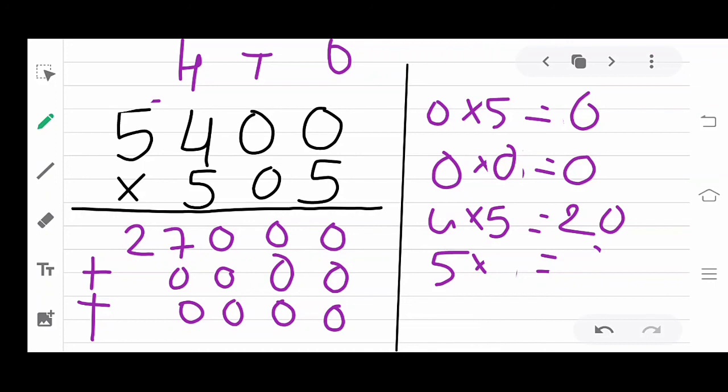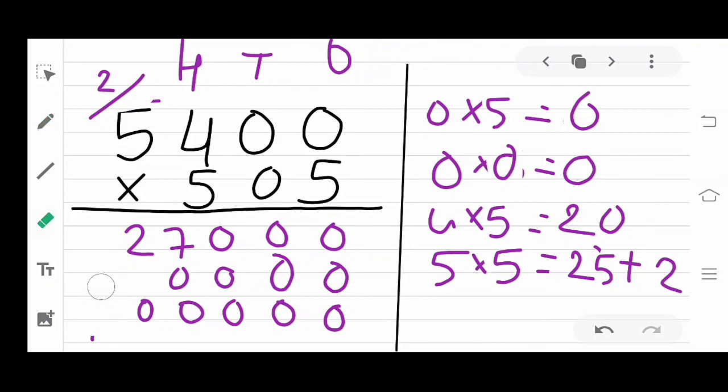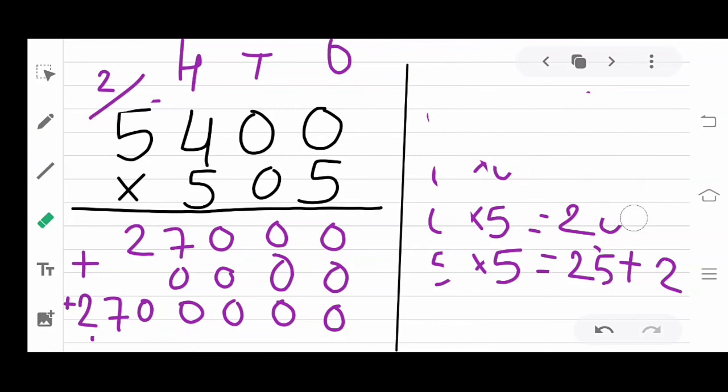So here I am write down this 0 and 2 here. 5 5s are 25 plus 2, 27. So I got 27, so I'm write down this a little bit space. 2 and 7. And now our last step is we are going to add this all number and we got